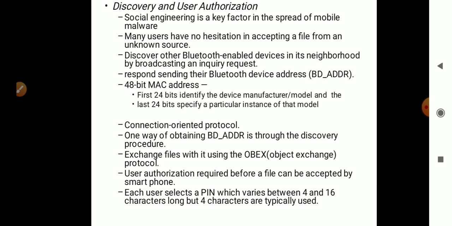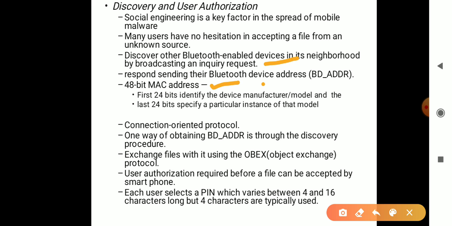Now how do Bluetooth devices discover another Bluetooth device within that range? It is very simple. It broadcasts an inquiry request in the neighborhood, as every device is identified by its MAC address.